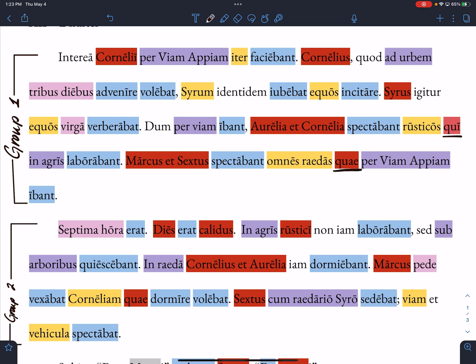Qui and quae are what we call relative pronouns. What a relative pronoun does is it starts off a relative clause. In English, that might sound like: Miss Slade, who was sitting at the desk, decided to eat lunch. Your main clause is Miss Slade decided to eat lunch. The subordinate clause giving you more information about Miss Slade is that she is sitting at the desk. It's a dependent clause, meaning it needs the support of the main clause to stand. Latin does that as well, and that's what's going on here.